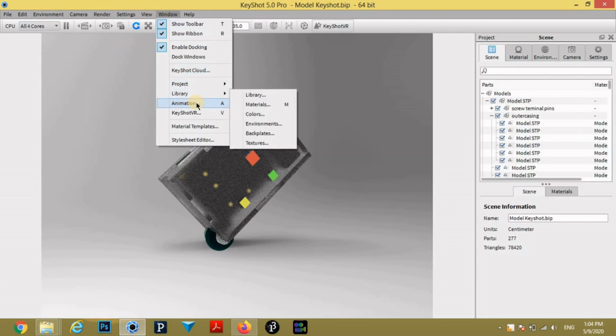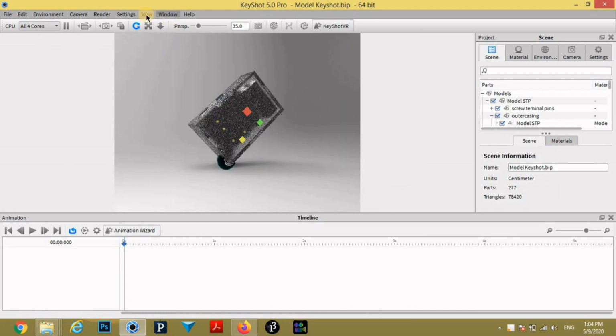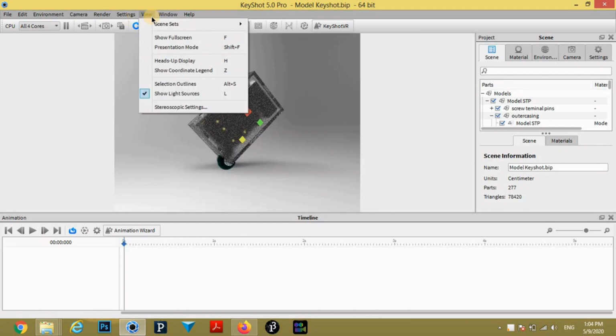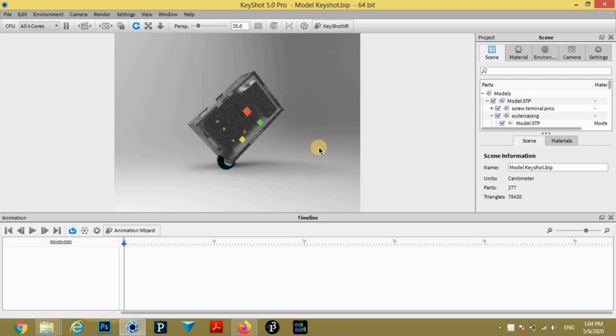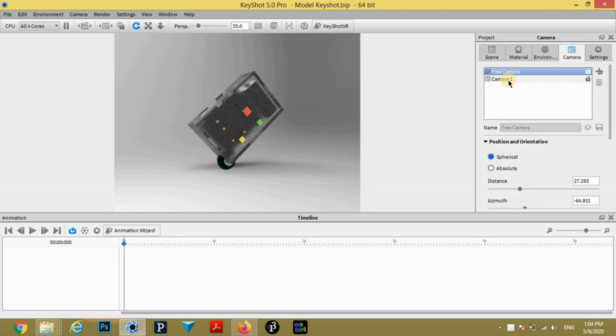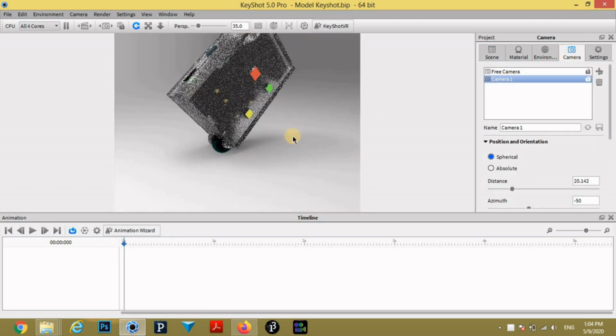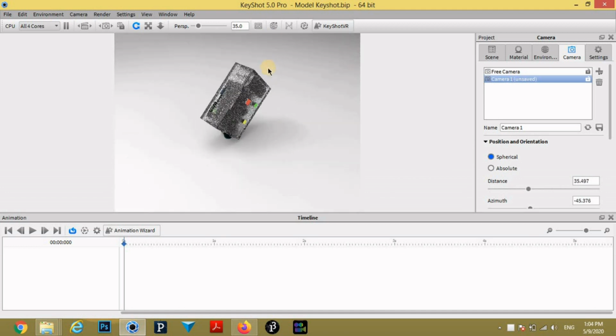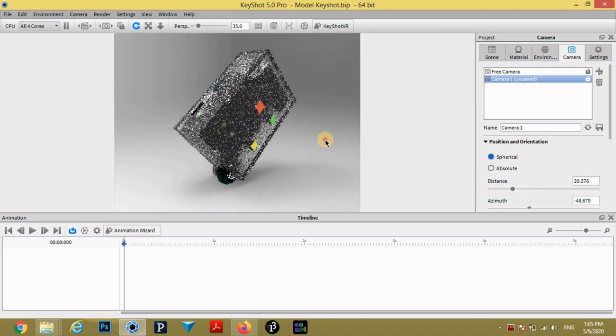Now go to window, then animation palette will be open. Now select camera 1. Now we are setting the camera view.